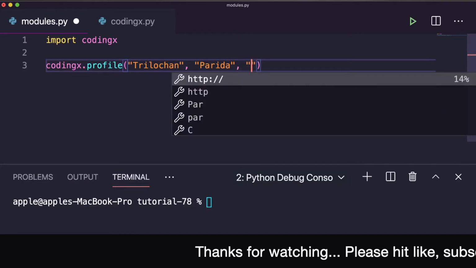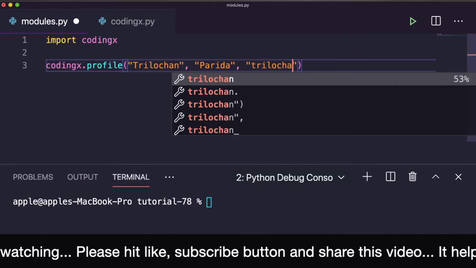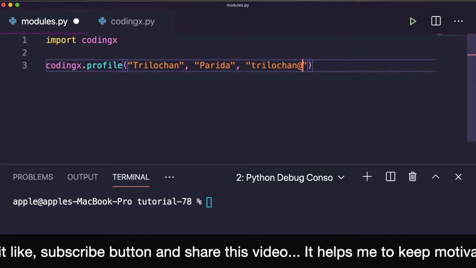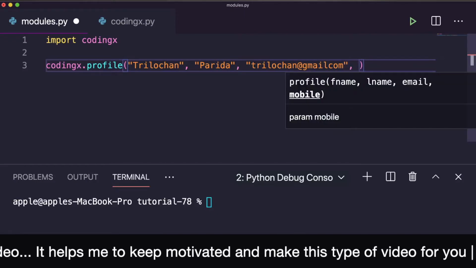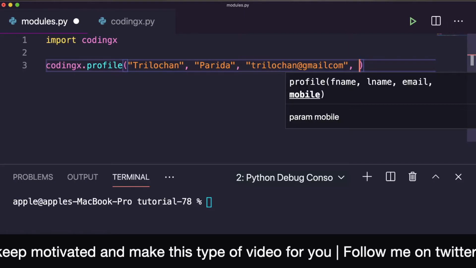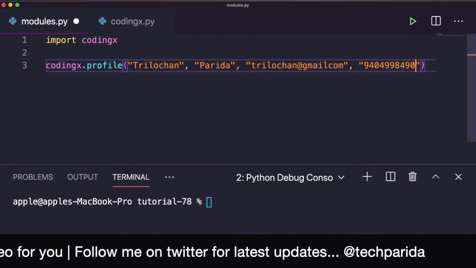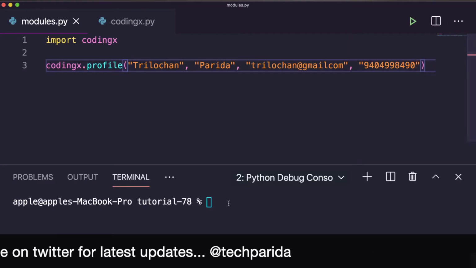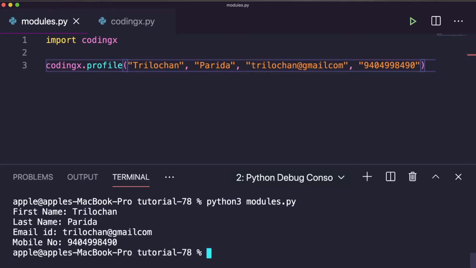So similarly you can write here email, Trilochan@gmail.com. Similarly the last one is mobile number, right? So here you can write your mobile number, anything. Okay, so let's save it and execute this one. Here it is, python3 modules.py. If you run this one, it shows first name Trilochan and this is executed.